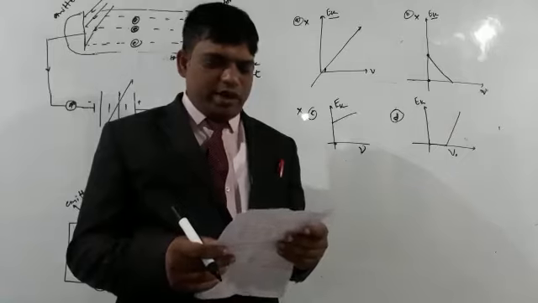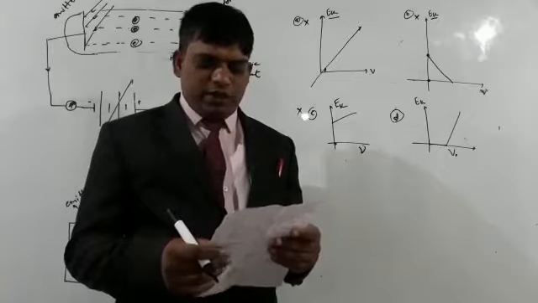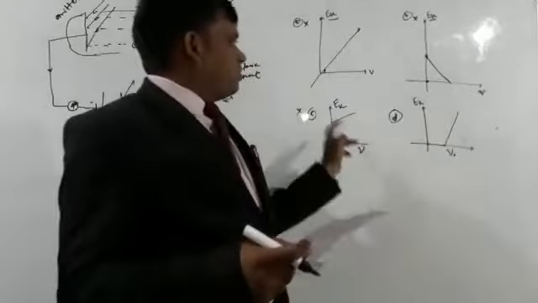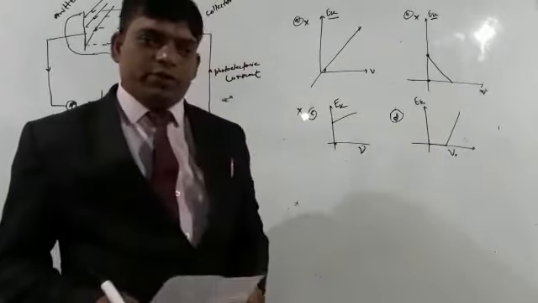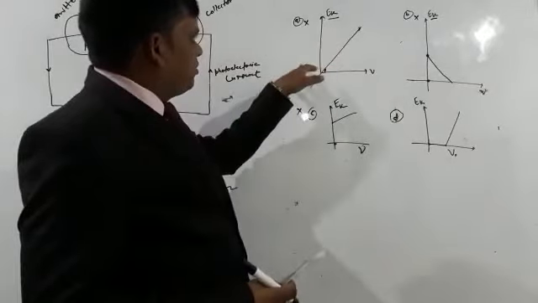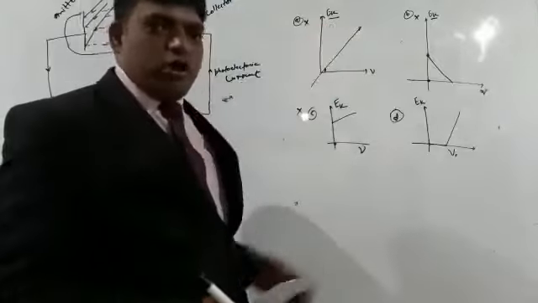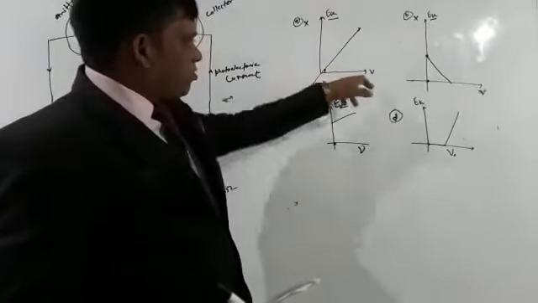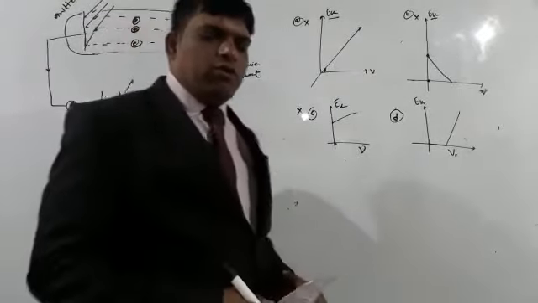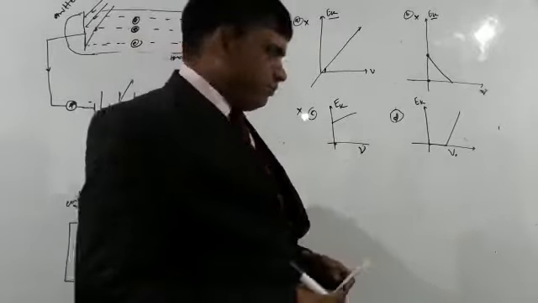Calculation of maximum kinetic energy Ek of the emitted electrons with frequency nu in the photoelectric effect correctly. These are the 4 graphs. We have to choose the correct graph. All graphs are representing the maximum kinetic energy of the photoelectrons with respect to the frequency of the radiation falling on the emitter.